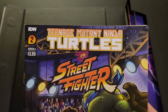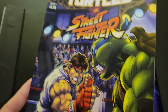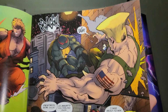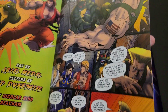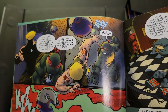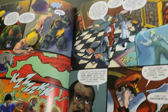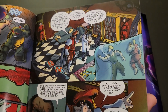Next we have Turtles versus Street Fighter #2. Yeah, a lot of Turtles books here. I think IDW is really trying to capitalize on a lot of the buzz here with the Turtles, and I think the Turtles are just one of their best money makers for their books. And I know they've been financially struggling, so they're really trying to pull out all the stops with their Turtles content. So I know that the Stranger Things with the Dark Horse